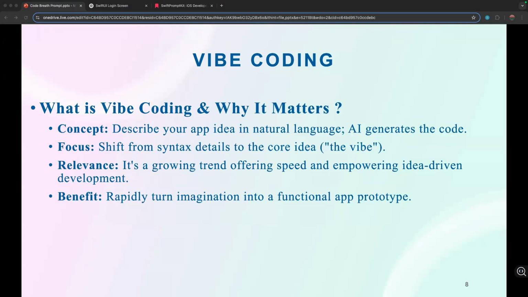So now let's explore a fascinating trend called vibe coding. What exactly is it? It's like describing your idea in natural language to AI to generate the code.